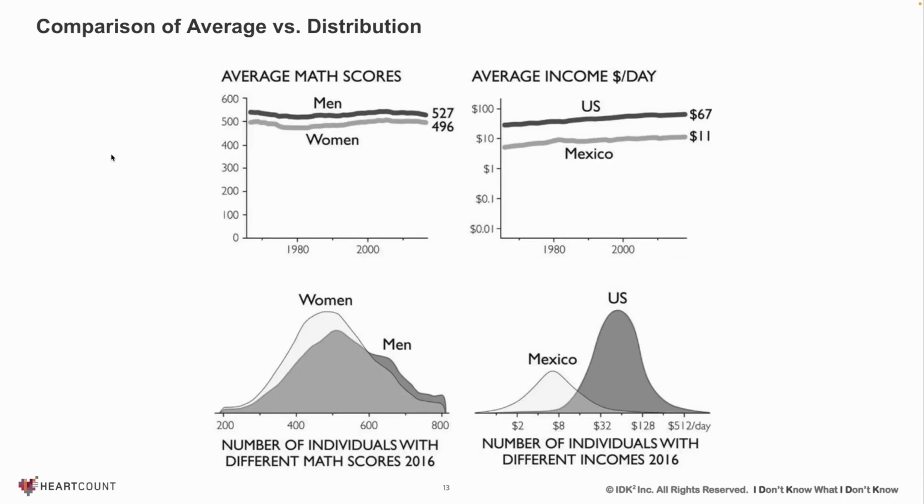Let's consider another example. A time series graph of MET scores for men and women, and on the upper right, the average income of day laborers in the US and Mexico. Both data sets show visible differences. For our analysis, let's isolate the year 2016 and ask, is there a significant difference in MET scores between the genders? When we analyze distributions, we see a distinct difference in means, but considerable overlap in the distributions, indicating a